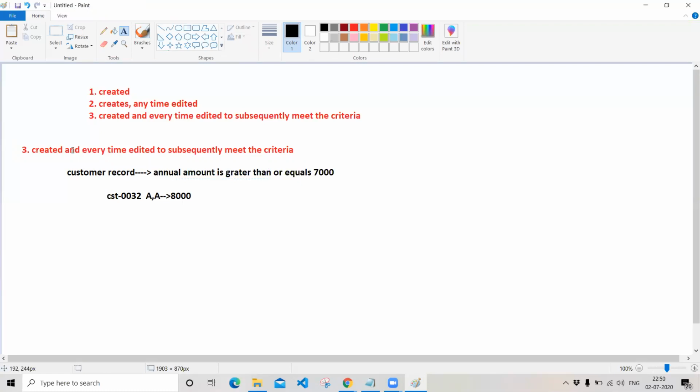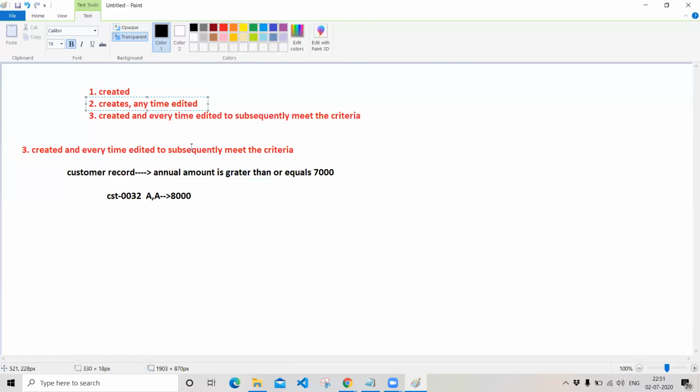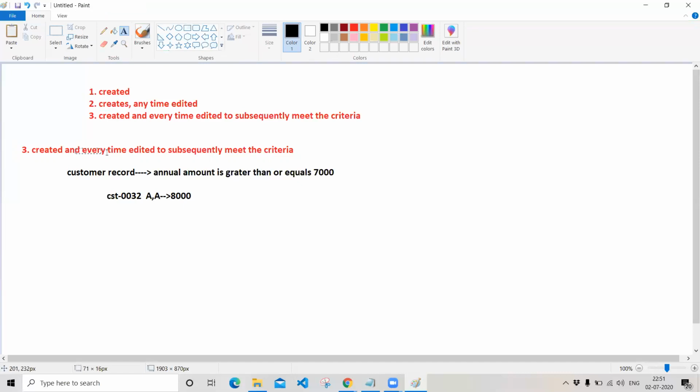The second criteria says and every time it's edited. So whenever you are editing this record, making an update, the specific action should perform, as with the evaluation criteria created and anytime edited. But it will not fire since the criteria is given as every time it's edited, because it has an extension called subsequently meet the criteria.